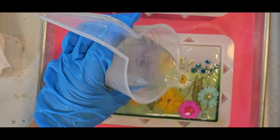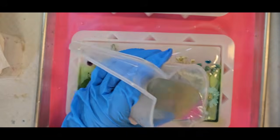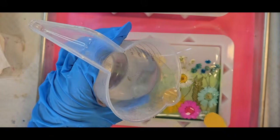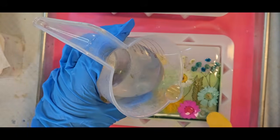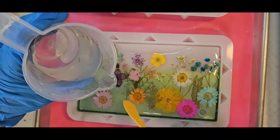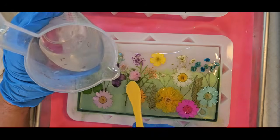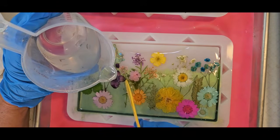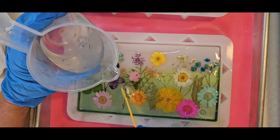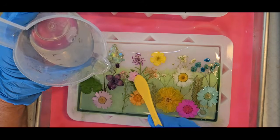Floating a little bit. A little blue one. I didn't follow my pattern exactly. Ooh, look at these. They're going way up there. Resin's pushing them. Come on, can you move? Very simply come down a little bit. Come down. I thought about putting some grass or something,